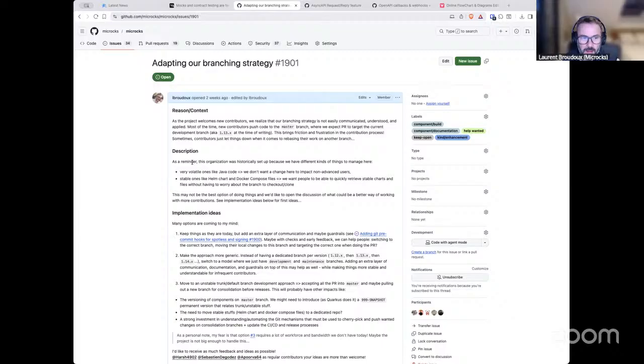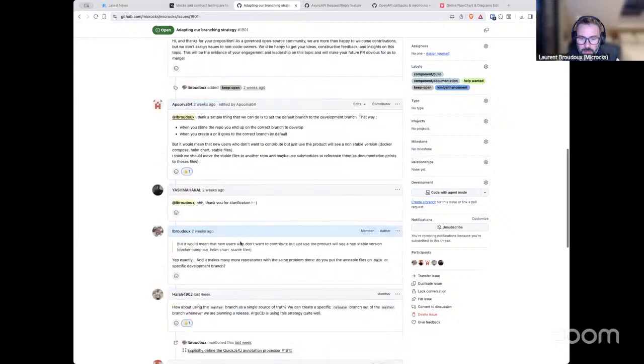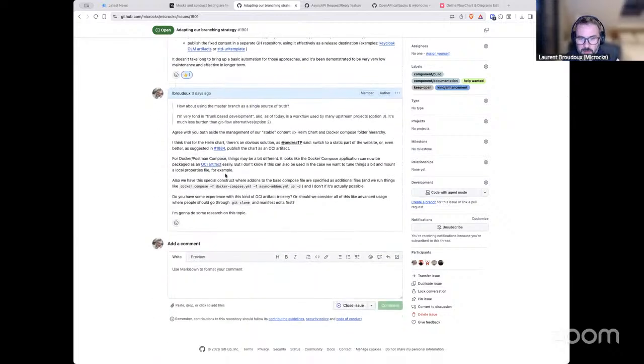I know that a lot of people are retrieving the Docker Compose file just by Git cloning the repository. So it's quite easy, but at the end of the day, they should receive something that is stable. So yeah, we try to manage both, and to try different things. So typically, today I was